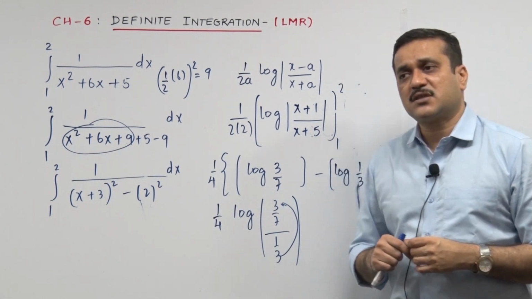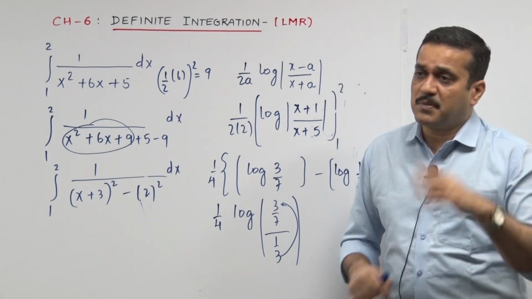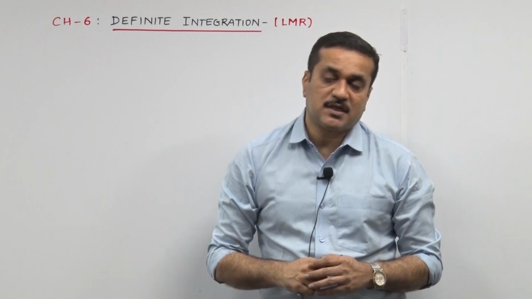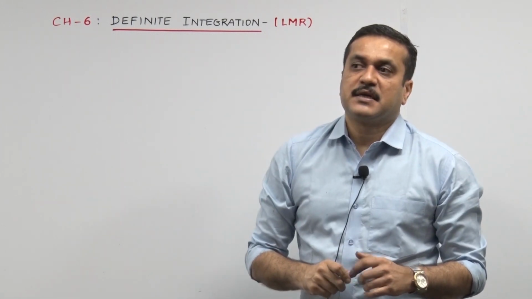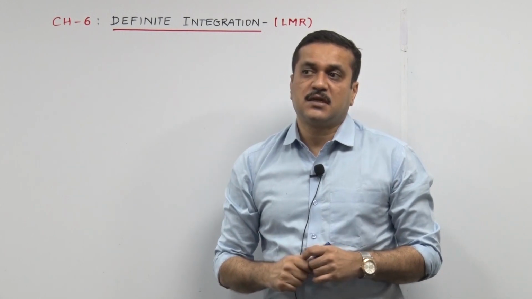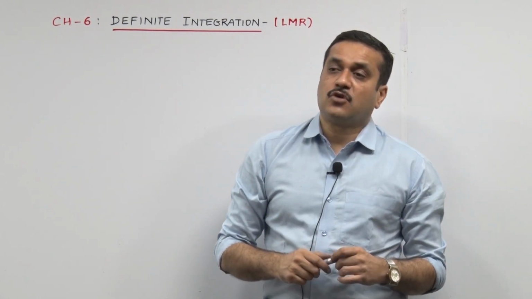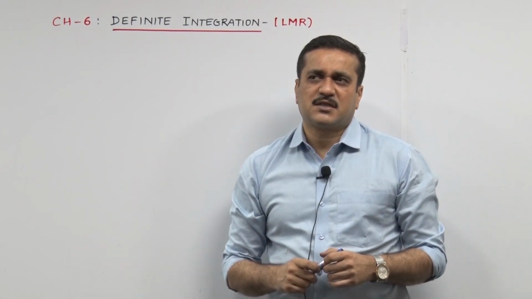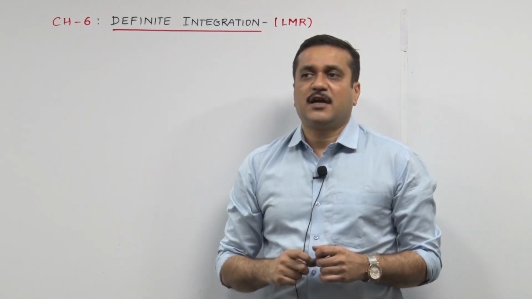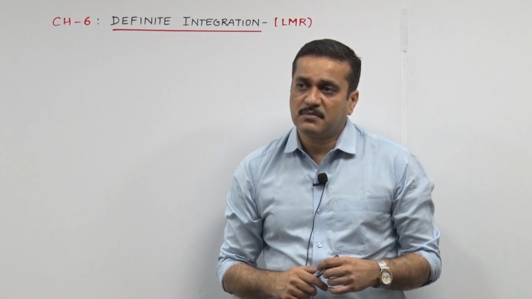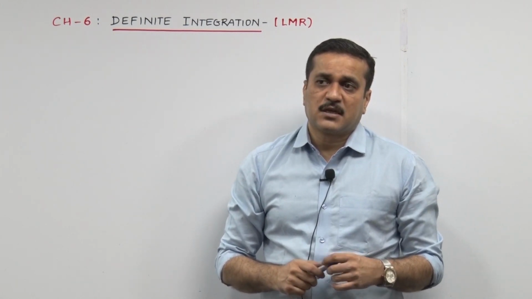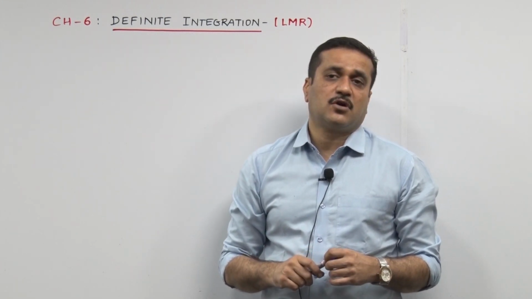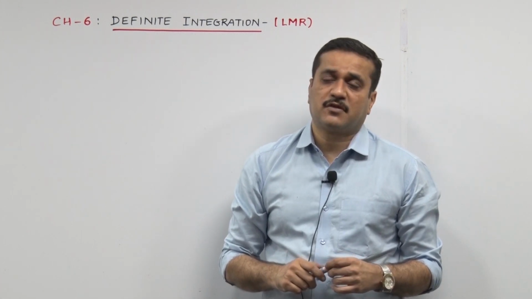So give me a moment to clean up the screen and bring in the property based things. But before that, we need to check out the properties we are talking about. So now the second segment, property based sums. As far as the previous syllabuses were concerned, they used to normally ask from definite integrals or property based sums, for a simple reason: in chapter 5 they had a lot of options, they can put in 2 marks, 3 marks and 4 marks sums. But in chapter 6, definite integrals, when they want to go for a 4 mark sum, they used to always select property based sums in most of the cases.